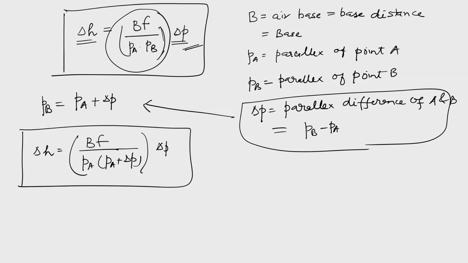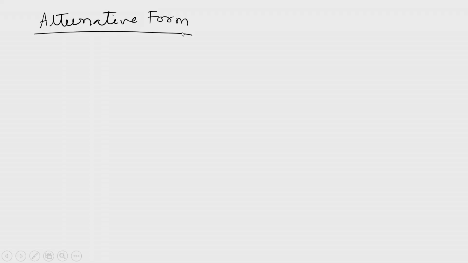Fine. So, let us look into another form of this, what is written in the books called the alternative form, if you are reading the book suggested here. So, let us look into the so-called alternative form. In the books it is written alternative form, but no problem, there is another expression I can say. Again write HA equals H minus BF upon PA and HB equals H minus BF upon PB.